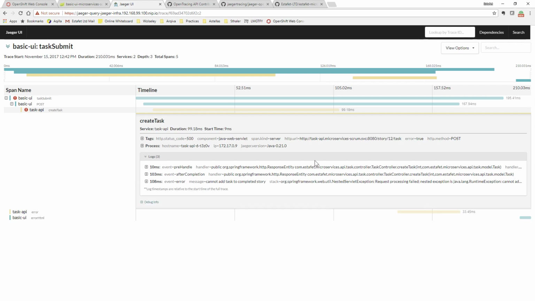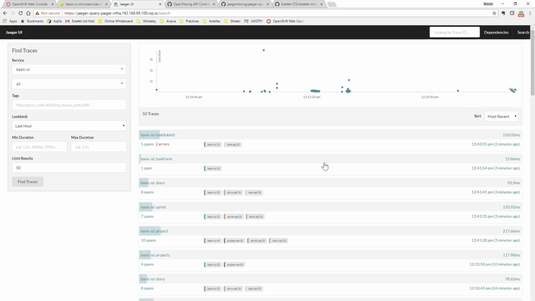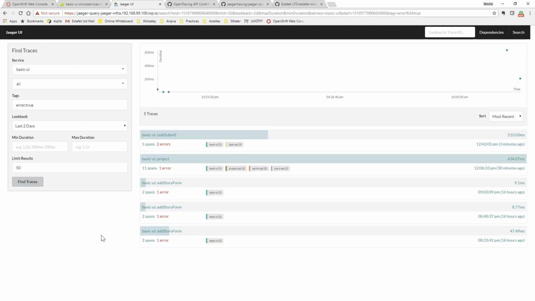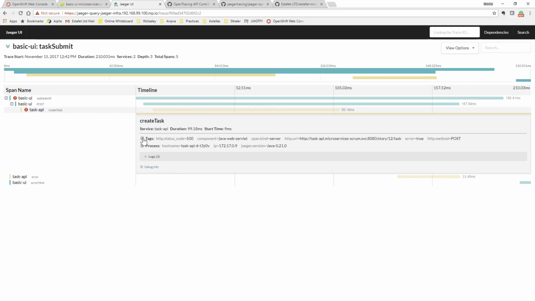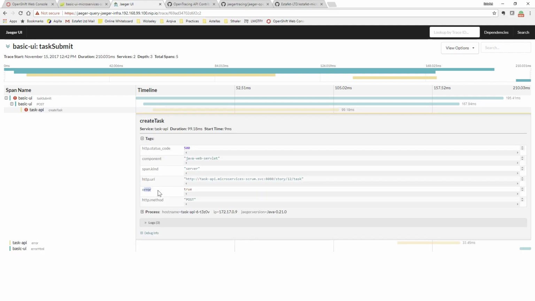So one thing I also want to show is going back to the filter for this. I've been using this application for a couple of days, and if I want to look at all of the errors that have occurred, there's actually a tag for that. If I go back to this and you look at the tags, you can see that